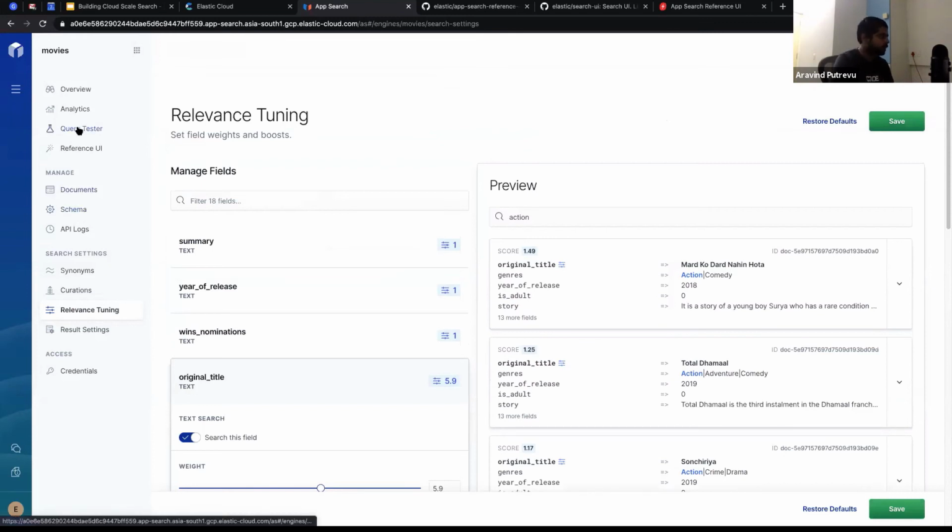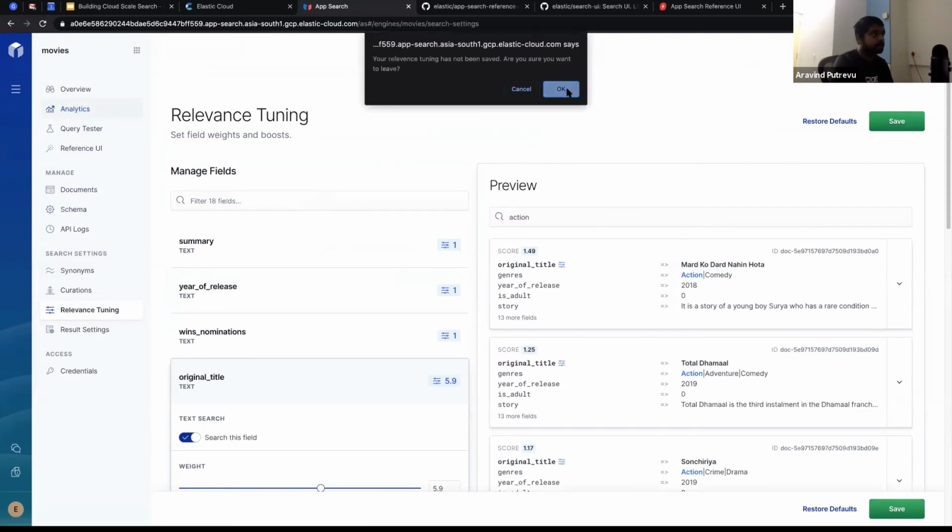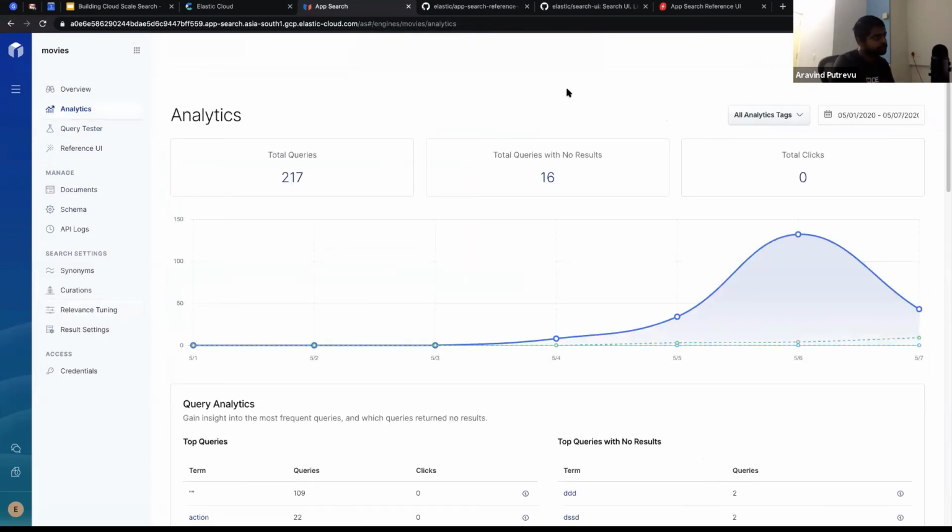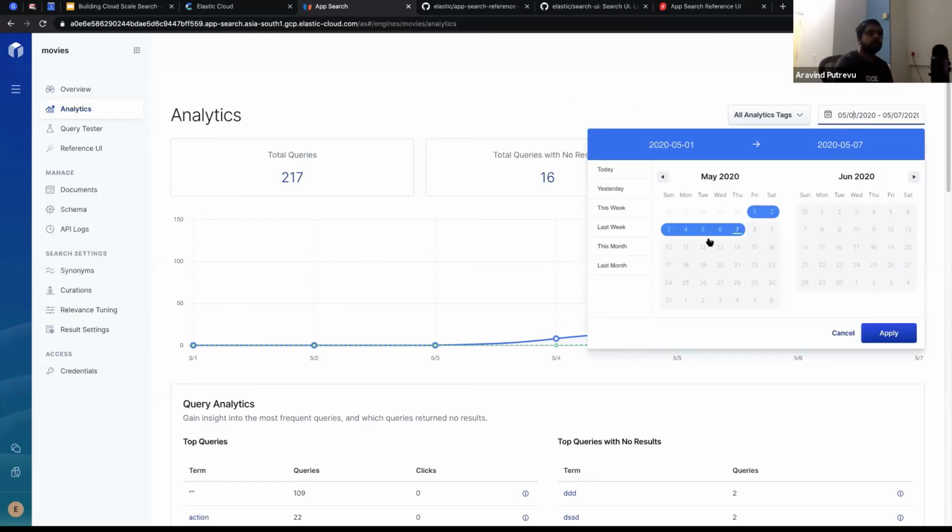So let me quickly go back and show you one more thing before I take more questions and show you the resources. In the search engine, you need to be able to find out what people are searching and tune it for the users. So App Search comes with an analytics dashboard as well. Here I could choose what people are searching, seeing, things like that.